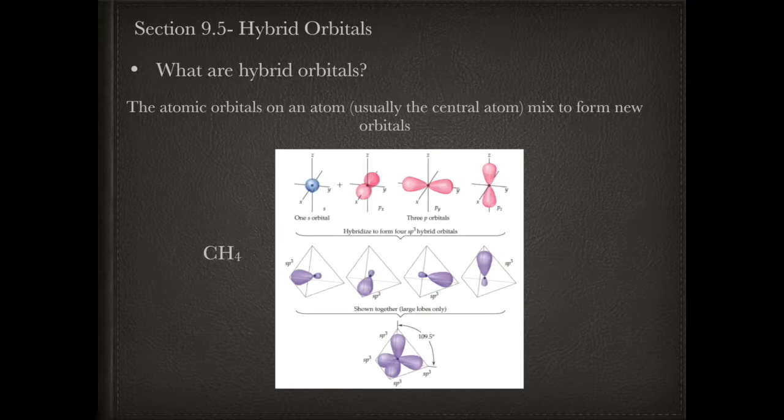And so as a result, those 4 orbitals are going to combine together to form 4 hybrid orbitals, sp3. And so if you're given CH4 and you're asked what hybrid orbitals form to produce CH4, you would say